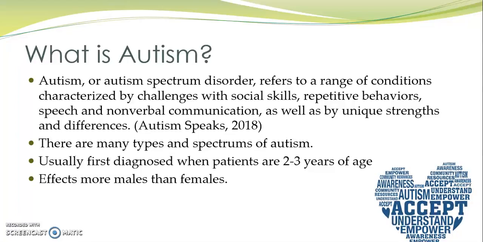In the United States, 1 in 59 children will be diagnosed with autism. Of these studies, 1 in 37 boys are going to be diagnosed as autistic or on some sort of spectrum, and 1 in 151 girls will be on the spectrum. Based on studies, it does find that males are more commonly diagnosed with autism or some kind of autism spectrum disorder than females.